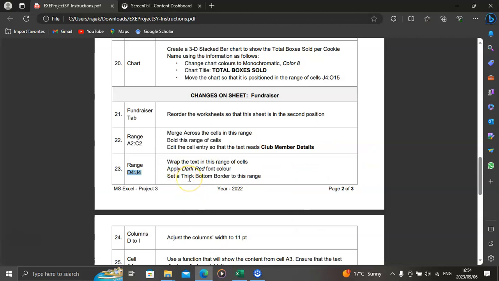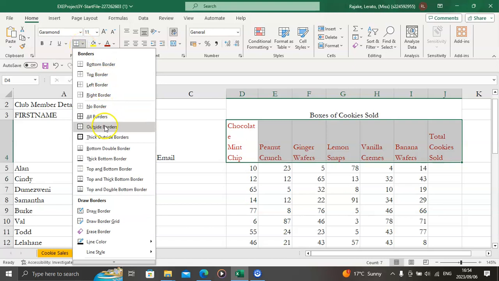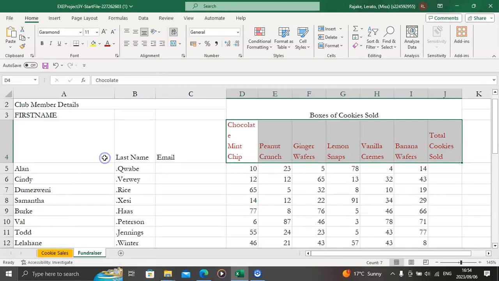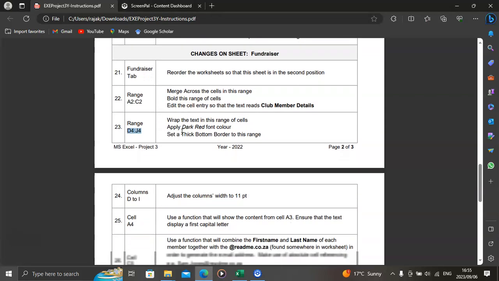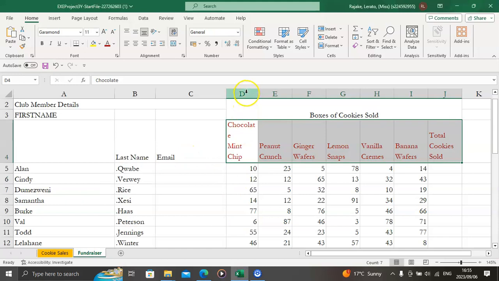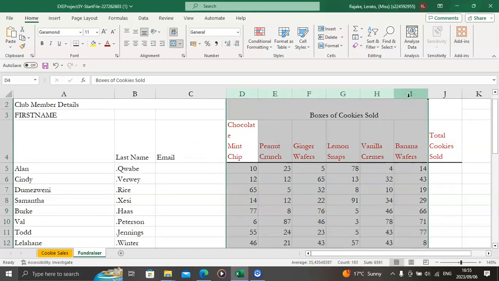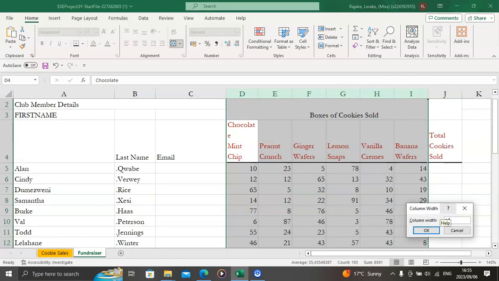Set a thick bottom border to this range. So go to bottom border, look for thick bottom border. Okay. Next, columns D to I, adjust the column width to 11. D to I, you're going to select until I, right click, column width 11, and